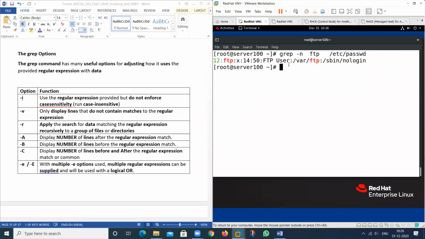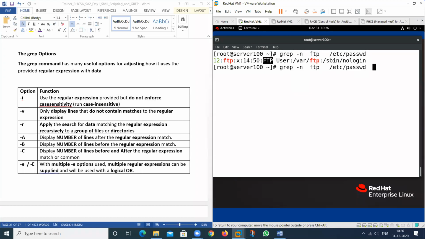It means if I want to print this particular value also, then what will I do? See here, this one: use the regular expression provided, but do not enforce case sensitivity. It means case insensitive. By default, Linux performs all the things in a case sensitive manner.